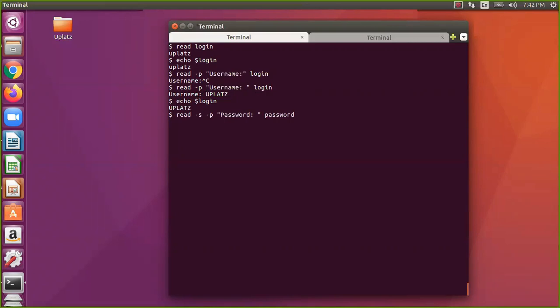Okay, so S is for silent, like when you give the password whenever you enter the Linux system. So now I'll give whatever, applause, U capital. I am giving U capital as a password actually. So now you can see I have entered that, it is not displayed, but let us check on that. Okay, so you can see U capital, applause, I have given the password actually.